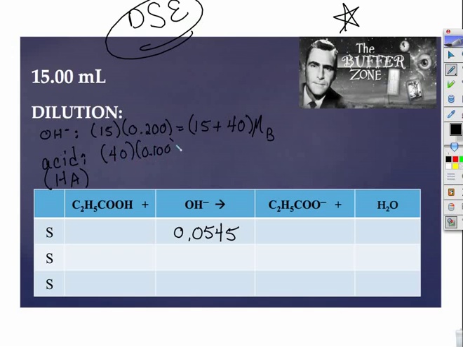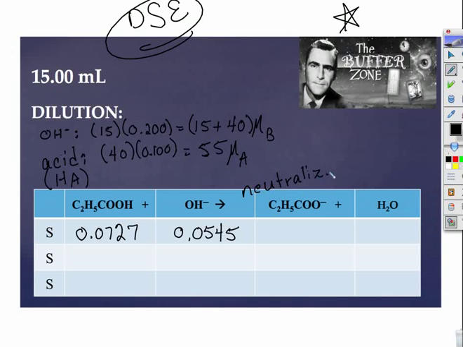40 times 0.1, we pretend we're starting fresh. Now this is 55 times the molarity of our acid. And if we solve for the molarity of our acid, we'd have 0.0727. All right, now acid plus a base, it doesn't matter weak or strong, it's a stoichiometry or a